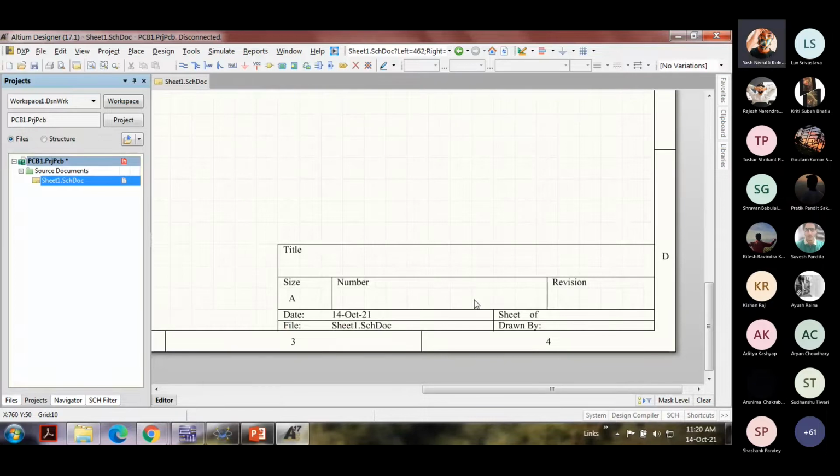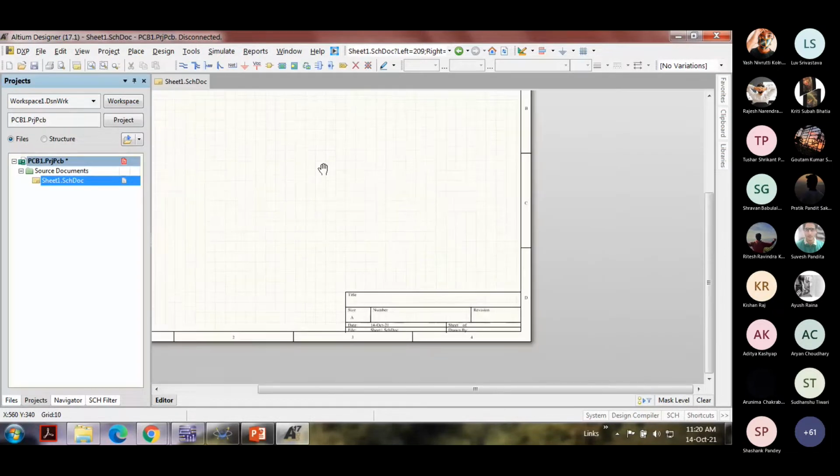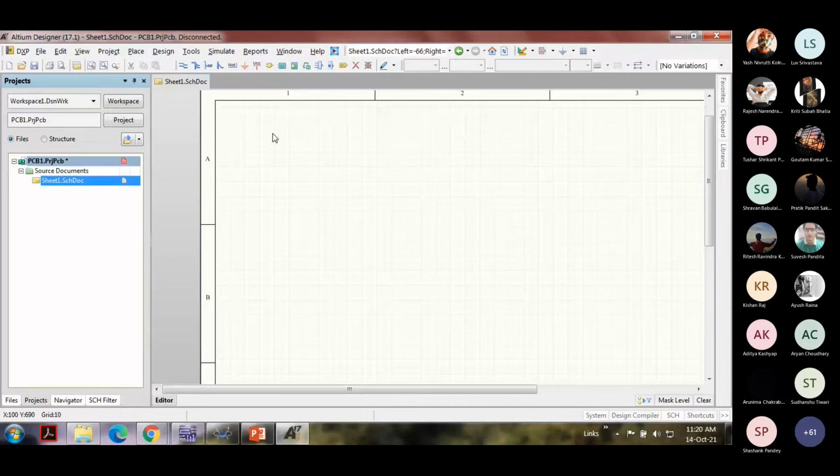Yes, sir. So you must have used a similar technique over there, the title block, isn't it? It is exactly the same, except that we will be using this for drawing the circuit diagram. Another interesting part is the various markings over here.